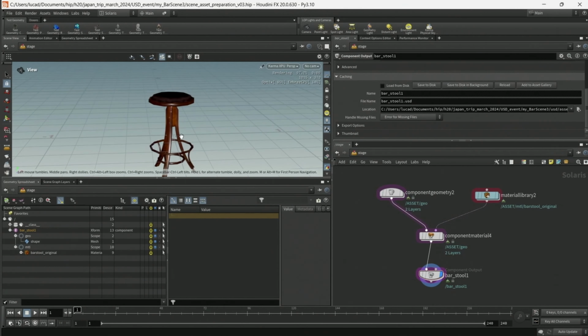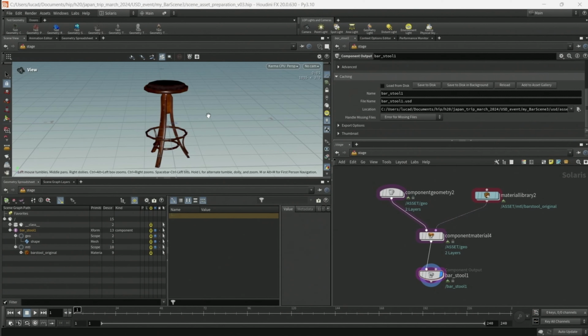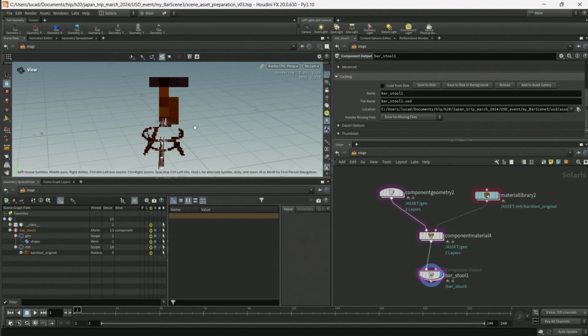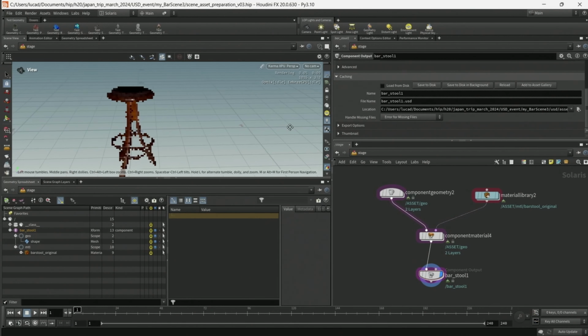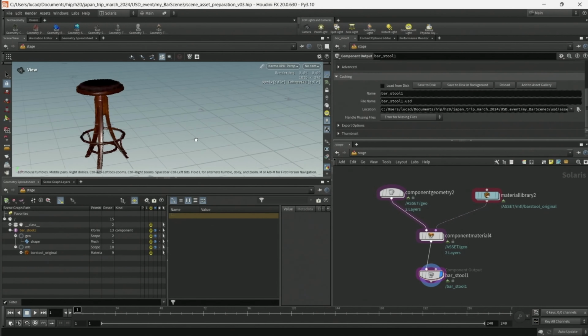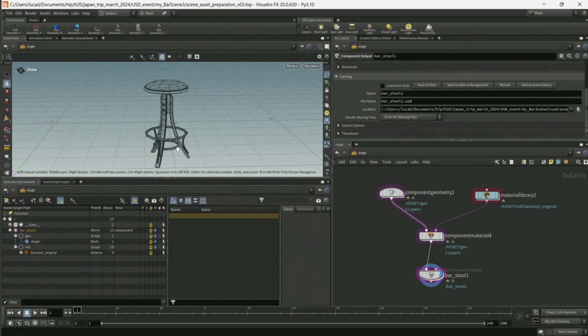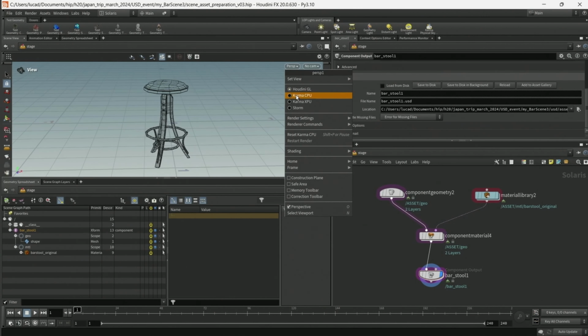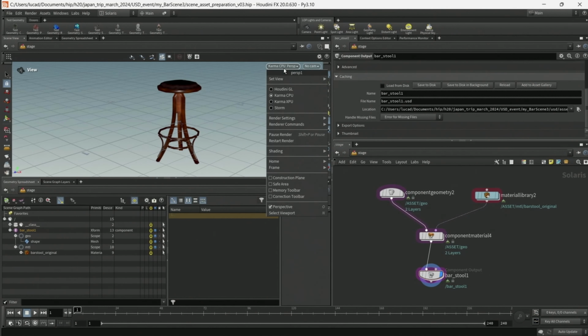As long as your renderer is Hydra compatible, you can use that renderer to render directly to the Hydra viewport. Arnold, Redshift, RenderMan, as well as Houdini's renderers, Karma and Karma XPU, are all examples of Hydra compliant renderers.